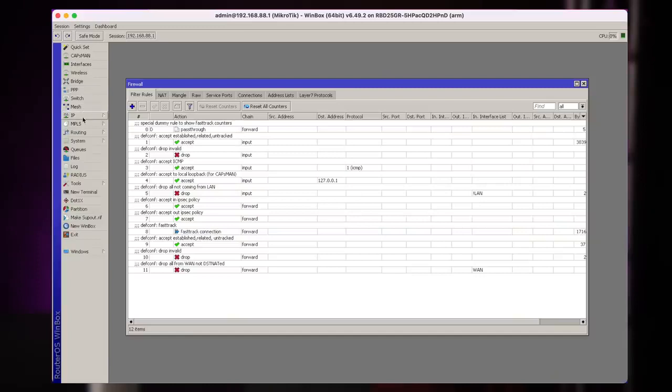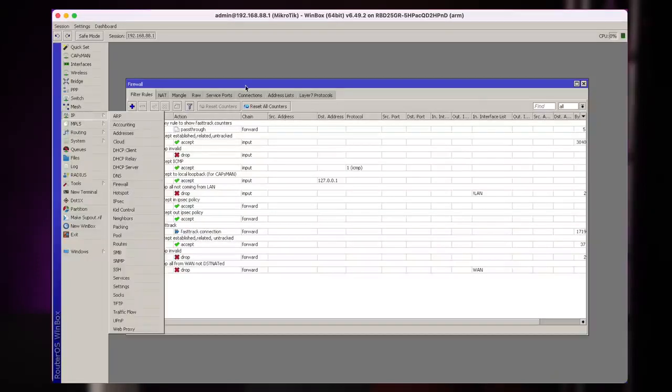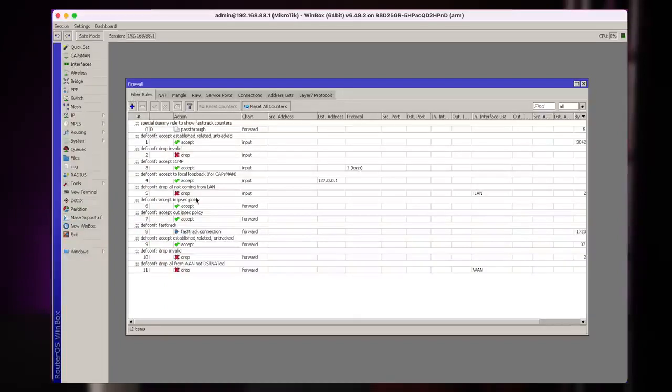So if you go into IP Firewall, you will see the firewall window. The first tab is called Filter Rules. This is where all your firewall rules are located. All the home routers that we sell have a default firewall on them. The more advanced professional routers don't have a firewall, but they also don't have any other configuration. So if you got one of those, in addition to configuring the IP address and all the basic routing things, you also will have to configure your own firewall. But in this case, since this is a beginner video, we'll be talking about home routers, and they do have a standard firewall on them.